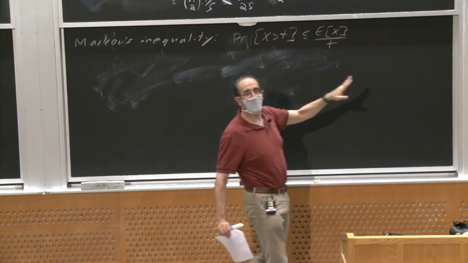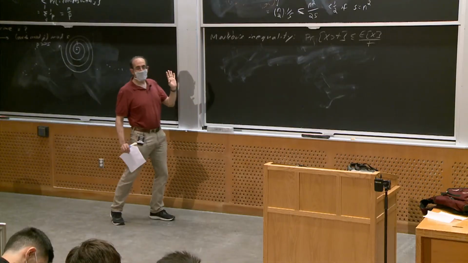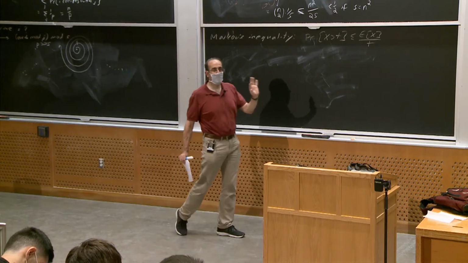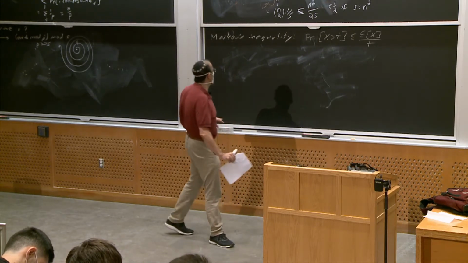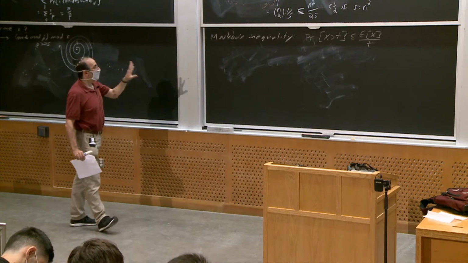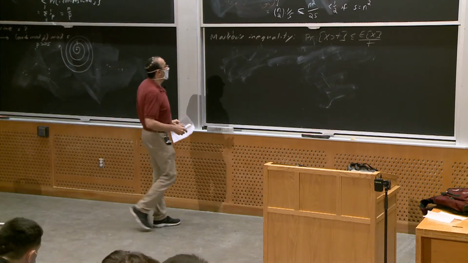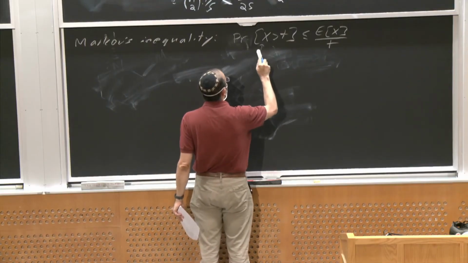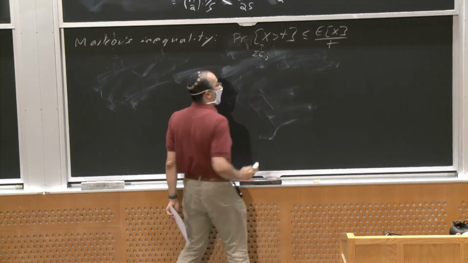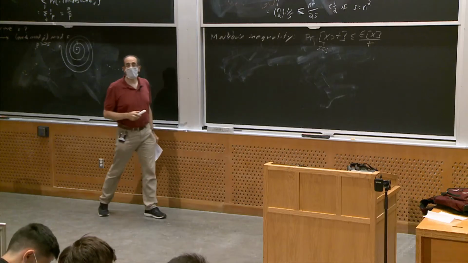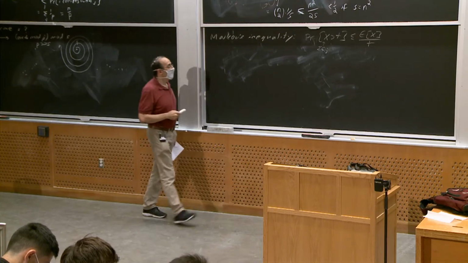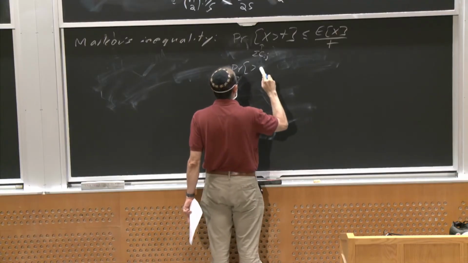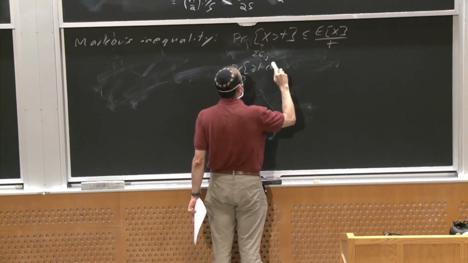So we use Markov's inequality just about everywhere. We also use it to derive stronger bounds like Chebyshev and the Chernoff bound, which we probably won't be using in this class. But this is good enough for us because in our case, we're going to use the total number of collisions as our random variable. And so now we can say that the probability that we have greater than or equal to one collision,